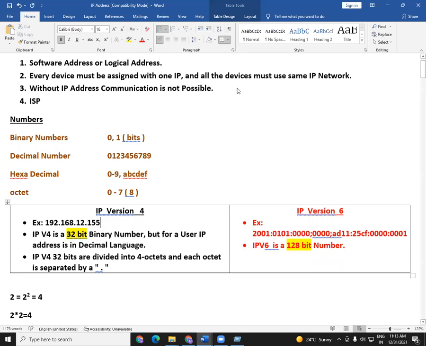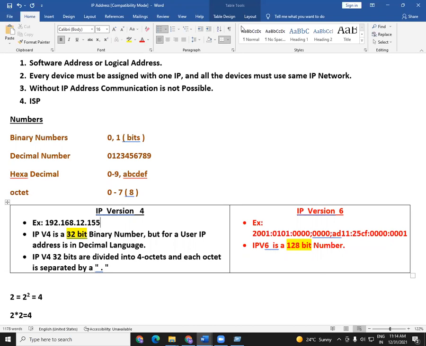Let us go deep into IP addressing from now. I hope you're ready with your books and pens. Whenever there is a need to do practicals or calculate something, I'll ask you to do calculations. That is the best way you can learn IP addressing. Please take IP addressing as the most important topic. Remember in school days, whenever a topic was very important, we marked it with a star. So you should mark this topic with maybe 2 or 3 stars. This is such an important topic for our career.